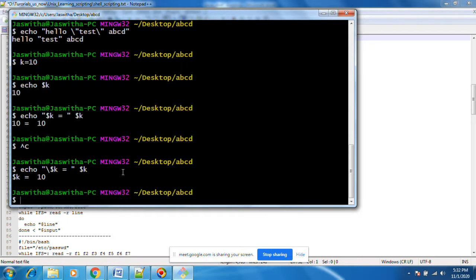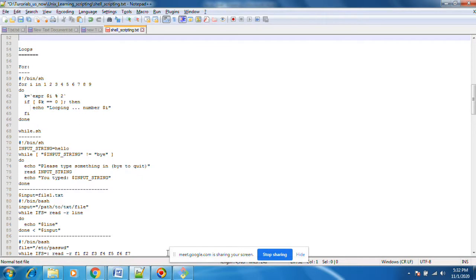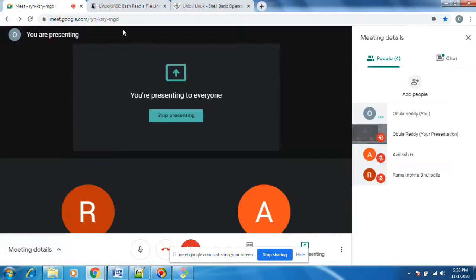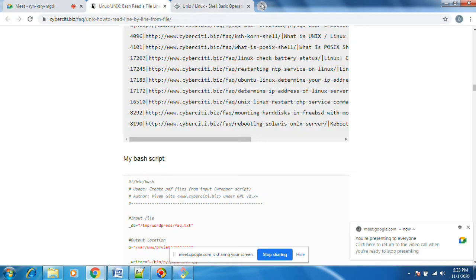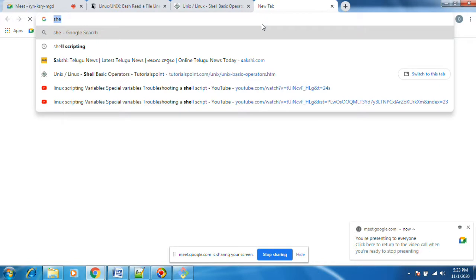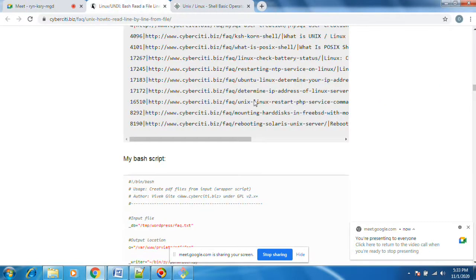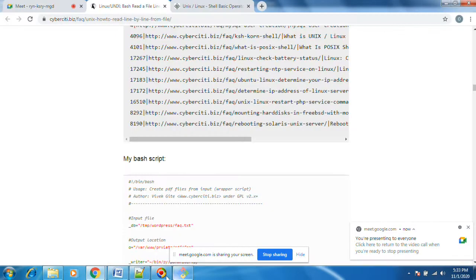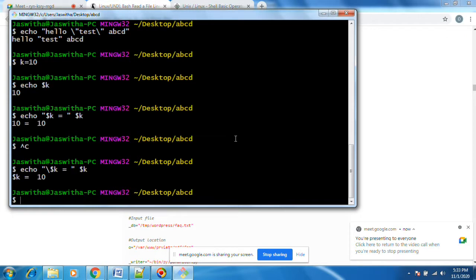Okay. This is called escape characters. There are so many. You can check shell scripting escape characters in Google; you can search many. Okay. This is not that important. You can print slash t also, which is a tab.